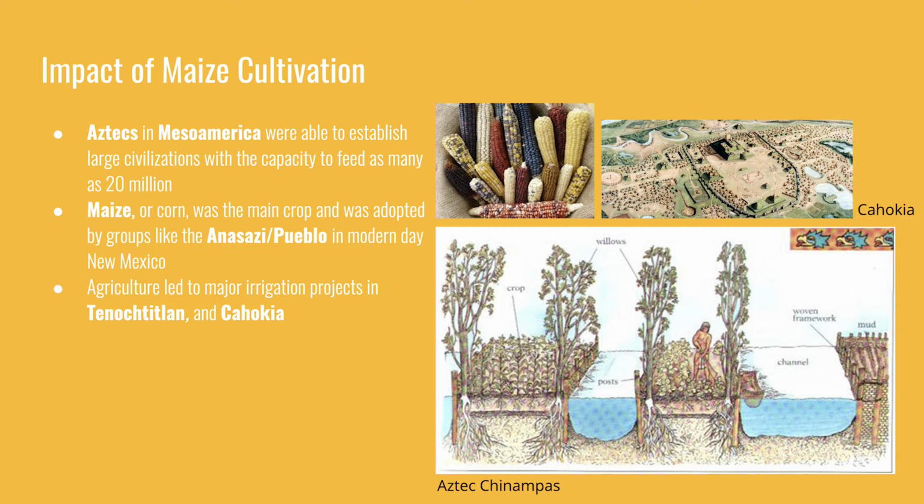Maize cultivation began in Mesoamerica, that's present-day Mexico, with the Aztecs. They're able to establish their large civilization through the use of corn plantations. Remember, their capital city, Tenochtitlan, was built on top of a lake on marshy land, and they utilized that marshy land to create irrigation channels to plant the corn. The little islands that would be created out of these channels in which they would plant were called chinampas, and through the use of these canals and irrigation channels, they were able to feed as many as 20 million people across the entire Aztec Empire.